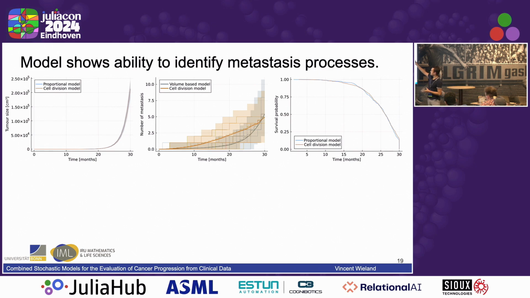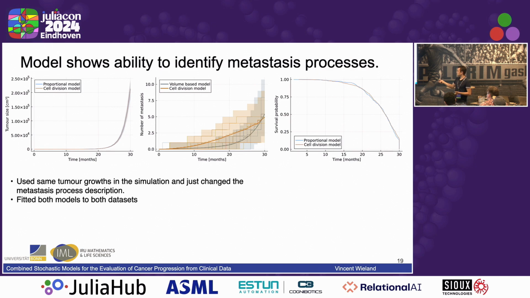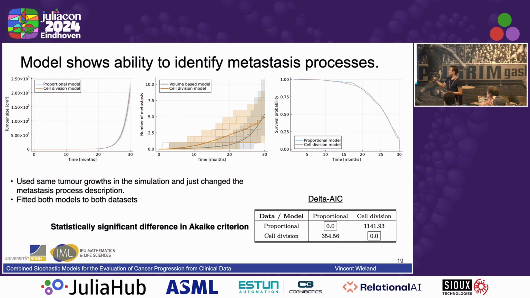and we chose parameters such that the death process also gives us really similar Kaplan-Meier curves, so the only difference in the data sets is really in these metastasis processes. Then we fitted both models to both data sets to see, can we identify which model accounts for which data set, so which data set was created with which model? And we can, because if we then calculate the Akaike information criterion and take the difference, we see that for the proportional data, the proportional model is the better one, and for the cell division data, the cell division model is the better one, and